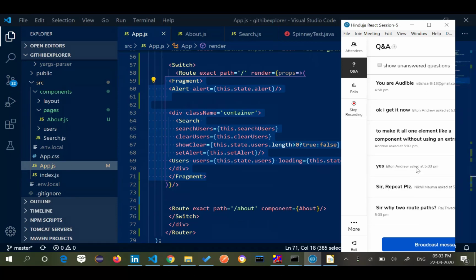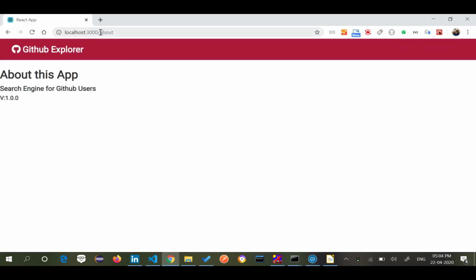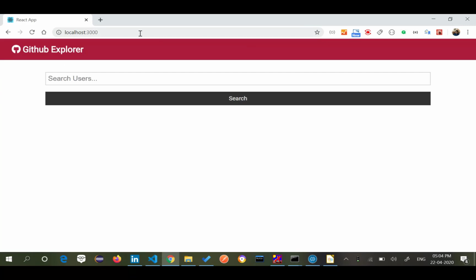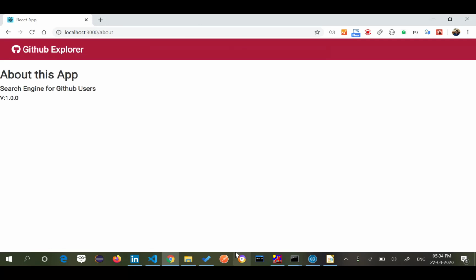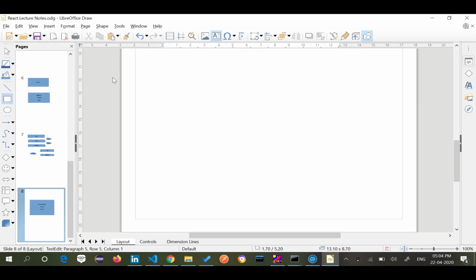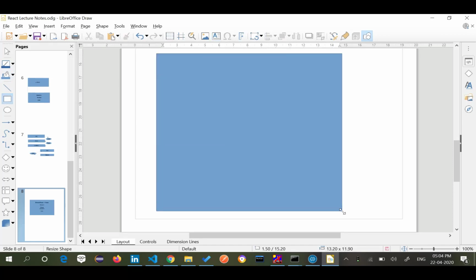Okay. So currently, how many pages do I have? See, if I go here, if I say slash, I reach the home page, right? And if I say slash about, I reach this page. So this is another page, right? So what is happening? I created one single router. In this particular router, I had internal pages. Those pages were my first page, let's say alert. Then I have one more component, let's say users, and I have that search.